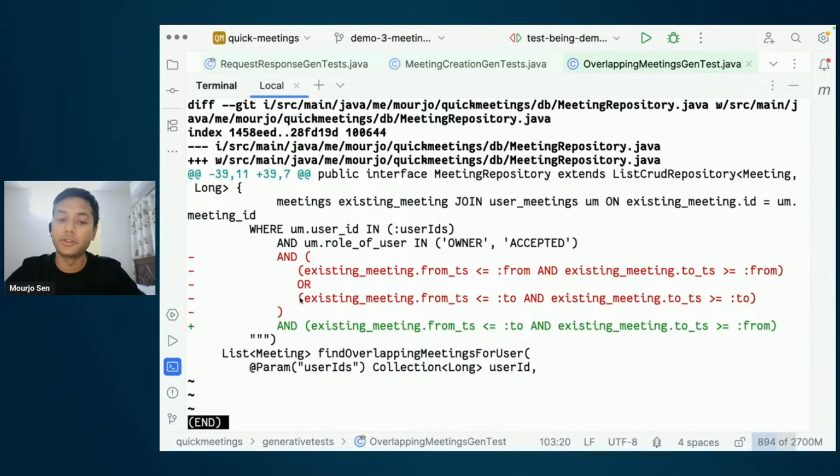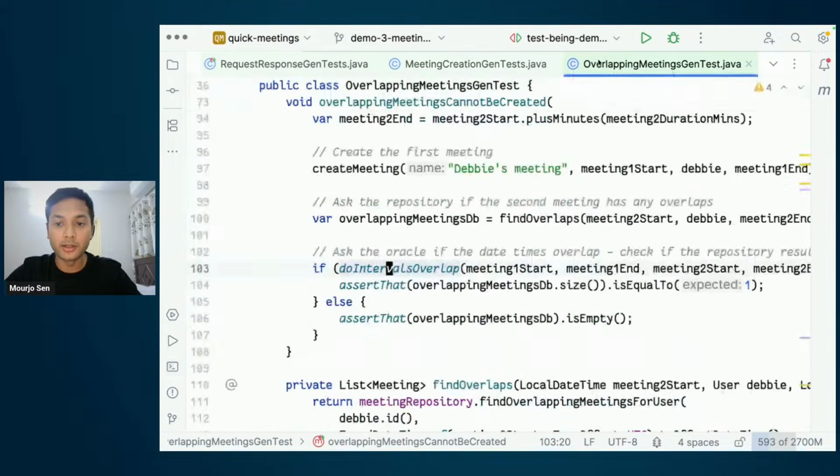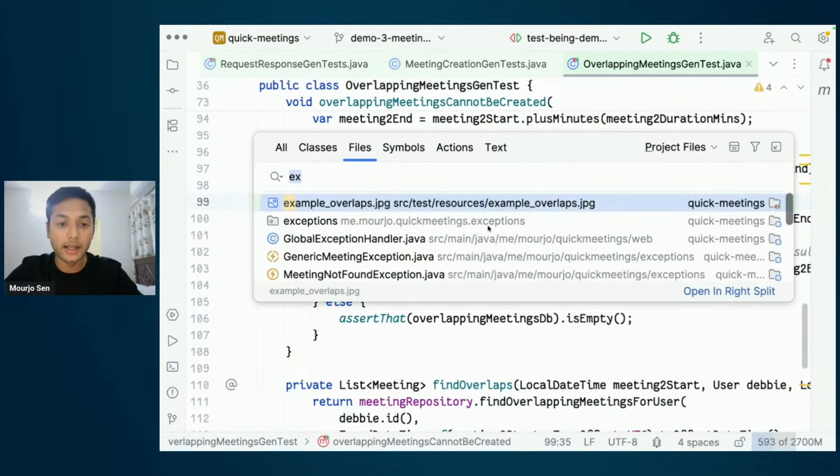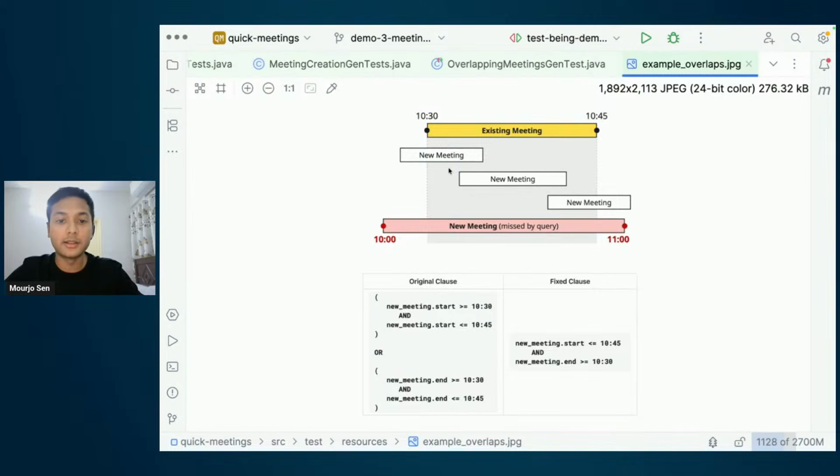I'll continue to make bugs in the future. But if there is a tester like this which tests for my blind spot, that's really powerful, because even if I did not know the green part, I would still think that this has no bug. And the reason I say that is not because I'm denying that I have bugs, but because the intention behind the query that was buggy is to say that if I'm creating a meeting, check that the start of the meeting that is getting created is in between an existing meeting, or the end of the meeting is in between an existing meeting. So if the start or the end is in between an existing meeting, it is an overlapping meeting.